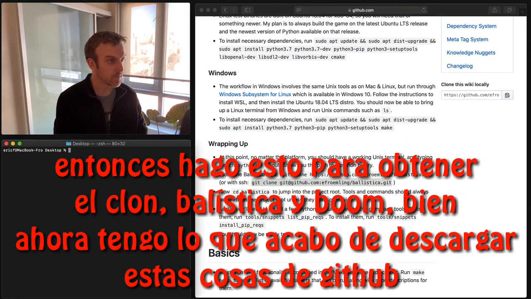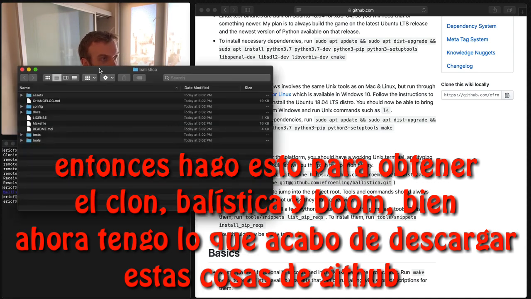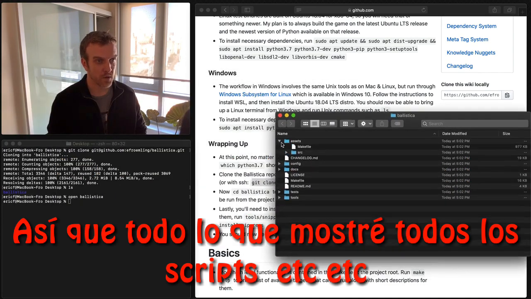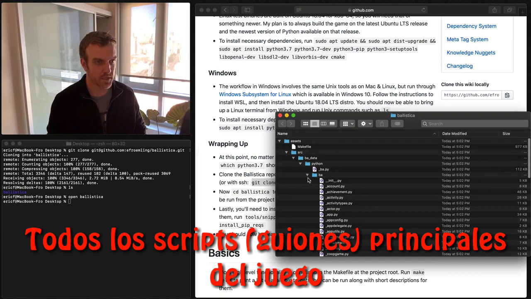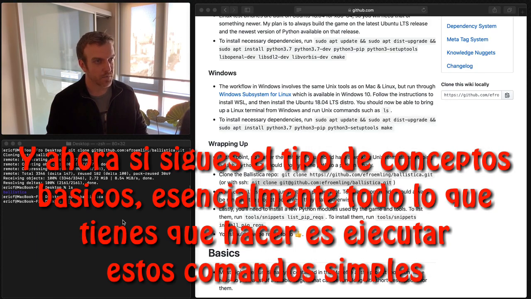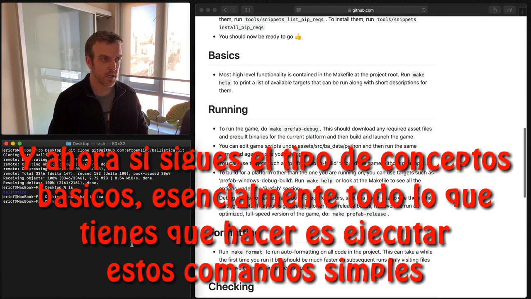So let's just do git clone, Ballistica, and boom. All right, I've just downloaded this stuff from GitHub. So everything I just showed you, all the scripts, etc. There's all the core game scripts. And now if you follow the kind of basics here,